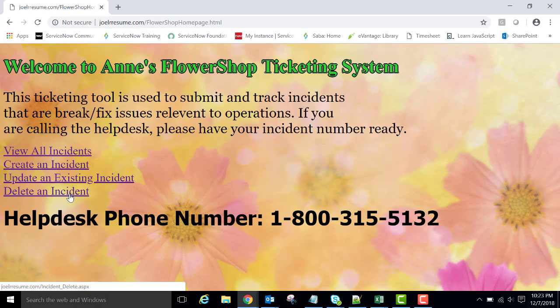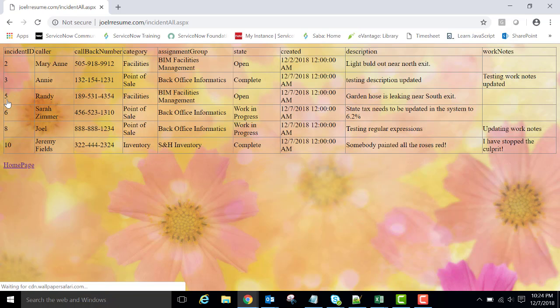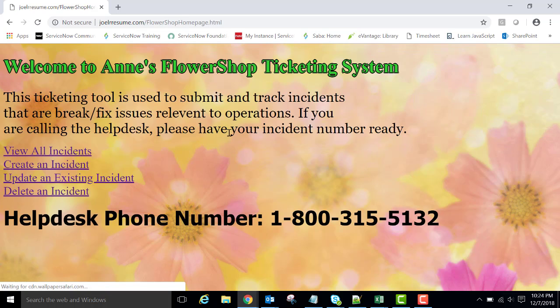And last but not least is the deletion, and it gives you another view where you can just select the one that you want to delete. I'm going to delete number 4 because it was created when I was developing the application, and I don't like how it doesn't have an assignment group. So we're going to click that one, and you can see it is now deleted out of the list. Go back to the home page, and